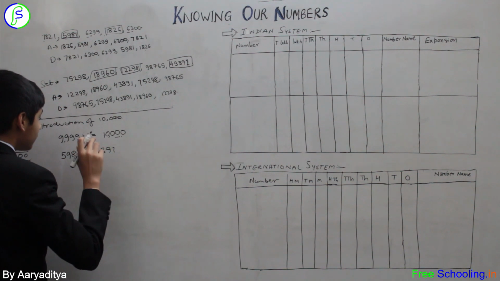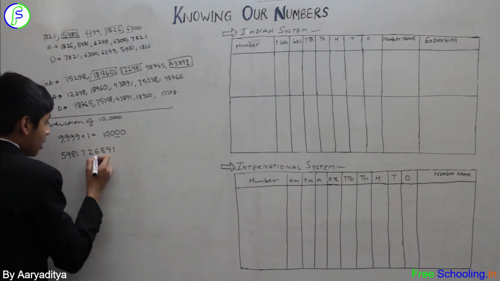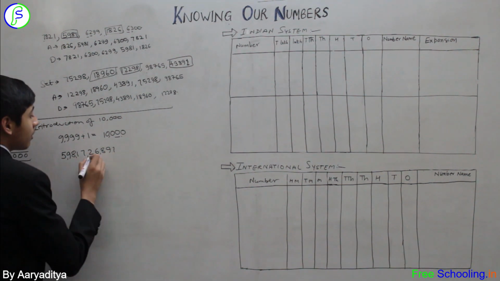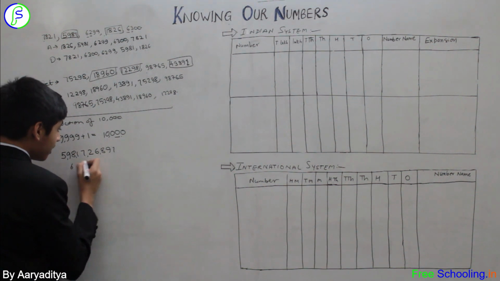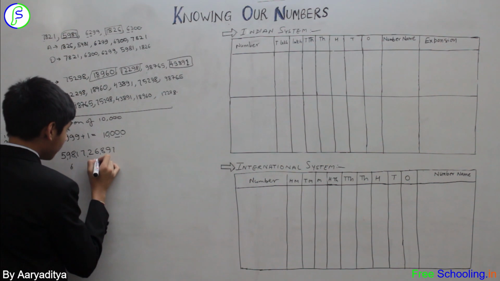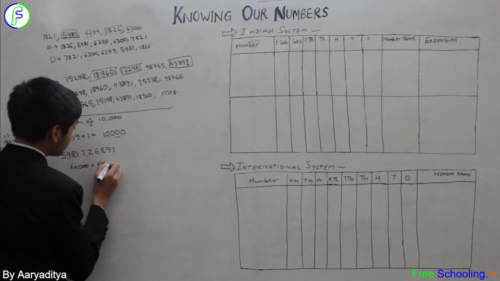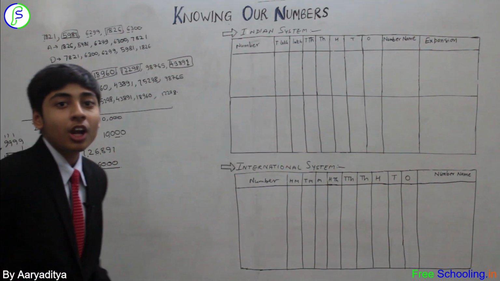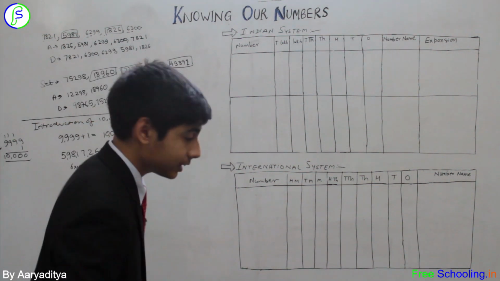Okay, so if I take 6, so what is the place value of 6? Let me insert commas for convenience. So what is the place value of 6? We can clearly see that the place value of 6 would be positional value. Position is 1000 and multiplied by the number itself, we get 6000. So 6000 is the place value of 6. So hope you all have understood this place value. Now let's get on to the expansion of numbers.